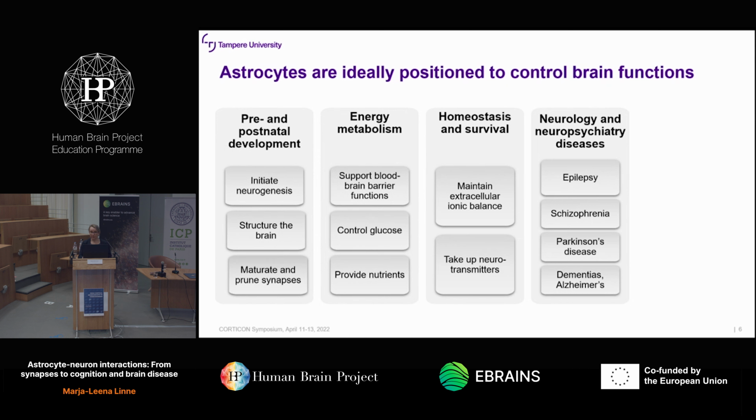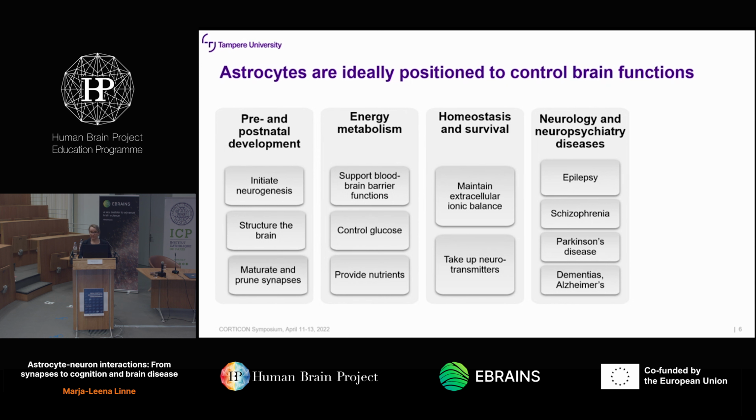What we have less evidence about is how astrocytes are involved in plasticity, learning, memory, and cognition, and particularly whether they are directly involved in synaptic transmission and synaptic plasticity. Something other than just maintaining the ionic balance and taking up neurotransmitters. So this is an interesting emerging field, and over the past 10 years there's been more and more evidence about it. And this is also where my recent emphasis and work has been together with Ausa Saderkene.